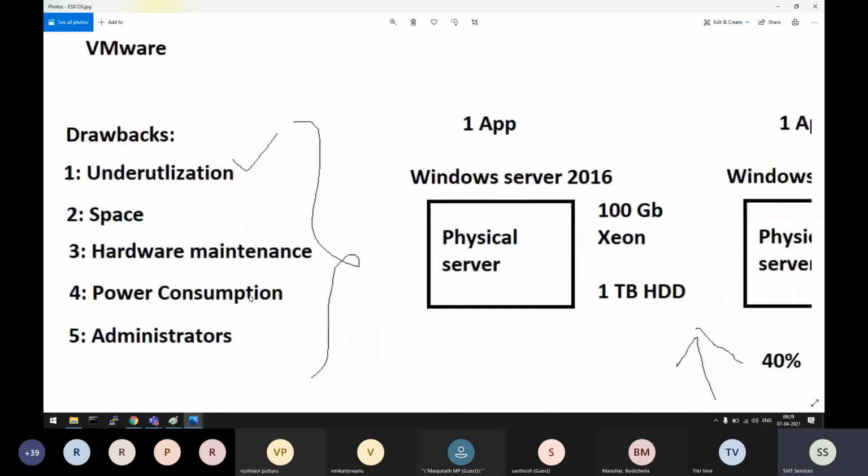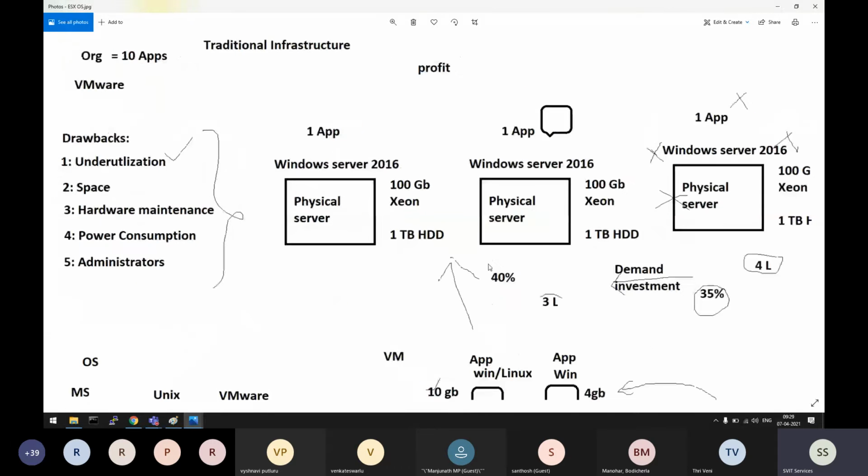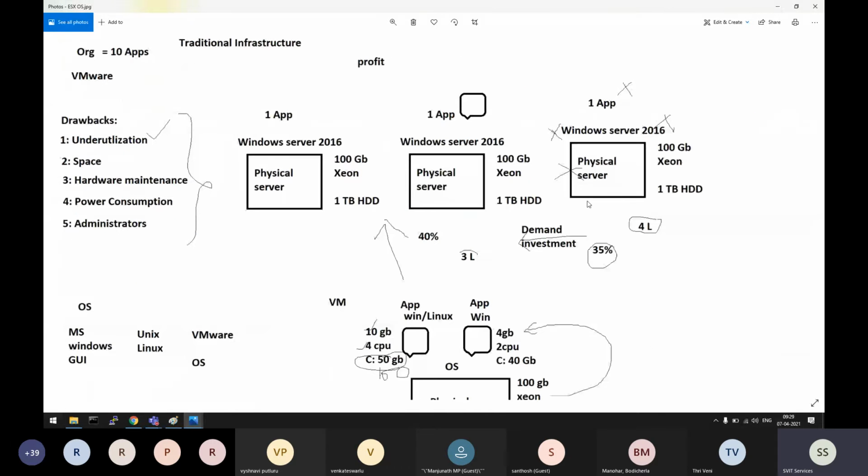I think 2 days back we have discussed this one. To overcome these drawbacks in the traditional technologies, that is the purpose of the VMware vSphere product. Before VMware, people used to face these drawbacks. If you listen to the second day topic, you will be able to understand. We used to spend a lot of money and waste a lot of compute power, memory and CPU power.